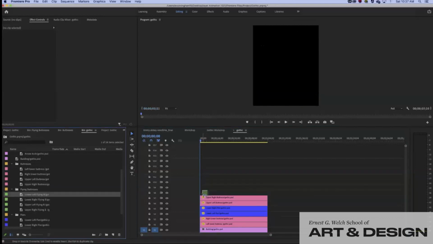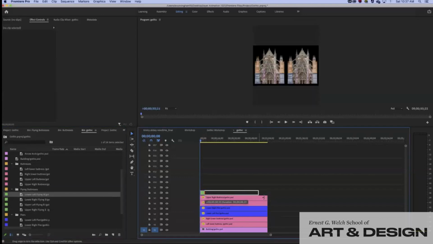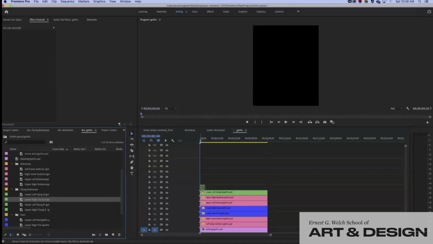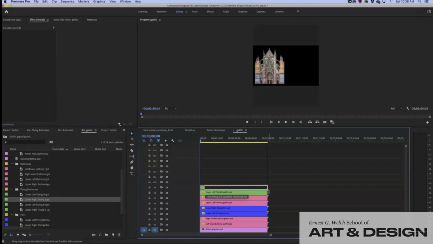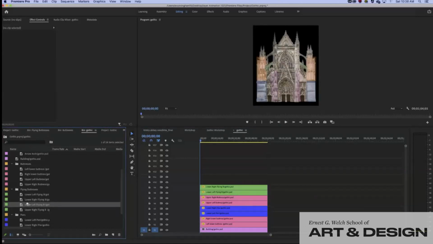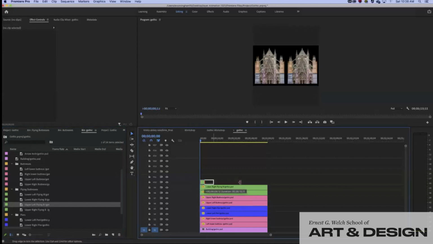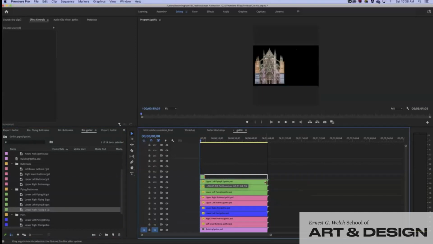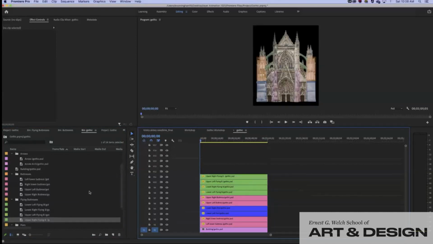Lower left, lower right, upper left, upper right, and then